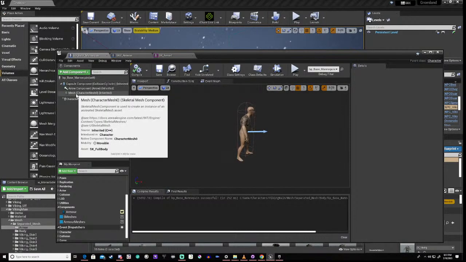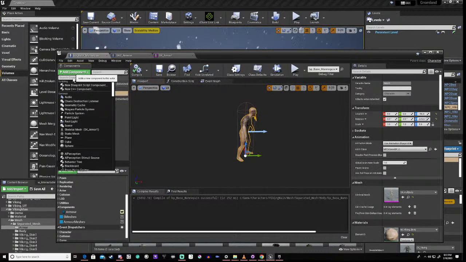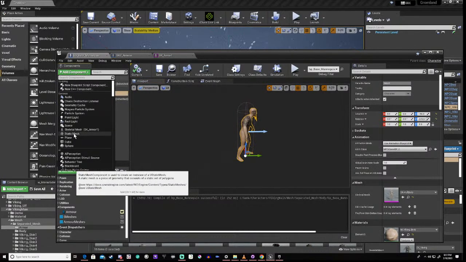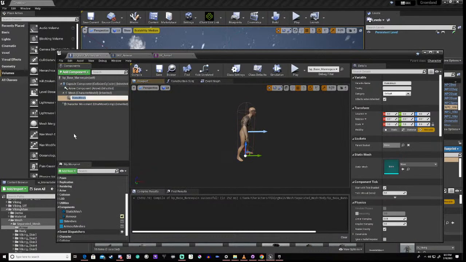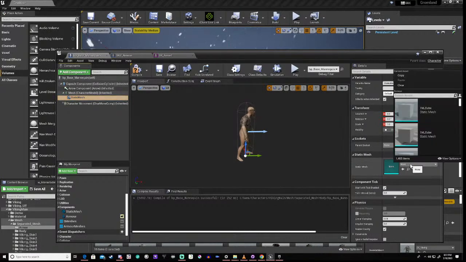Okay, so the thing is, right, to simulate this, right, if I add a static mesh,